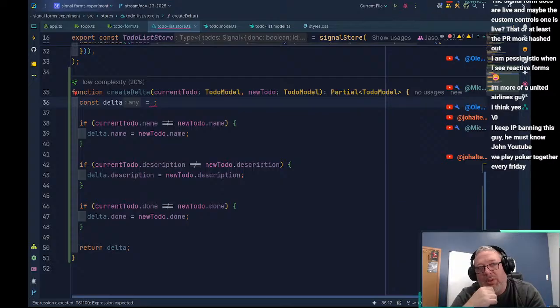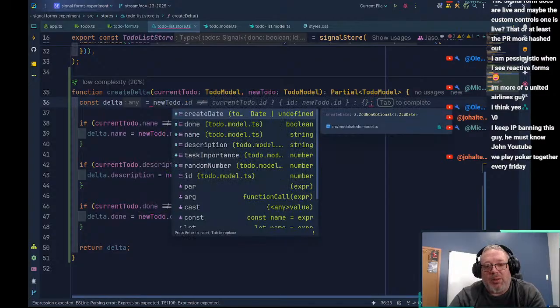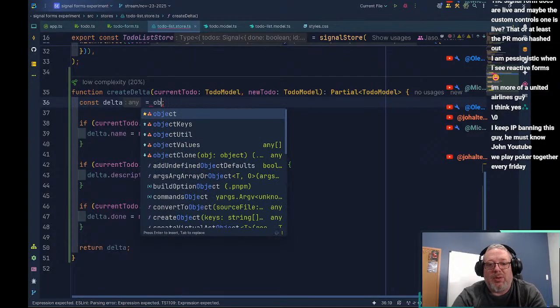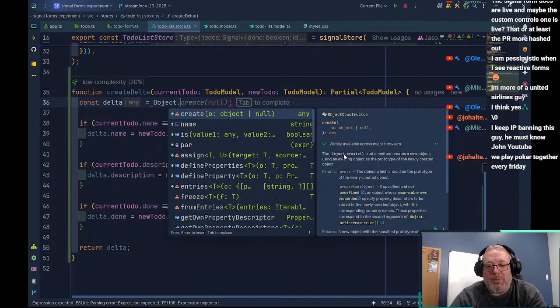So we can do key values here. So new to do dot. No, I want object dot.